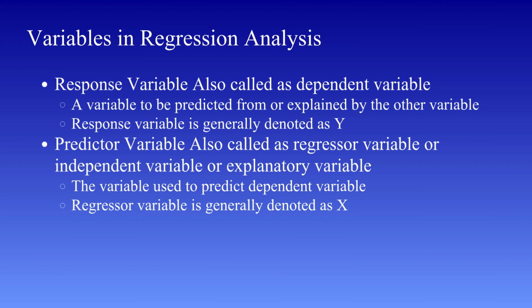For instance, in the house price example, independent variables could include size of the house, number of rooms, location, and age of the property. In the student example, independent variables could be study hours, attendance, and previous scores. So, in simple terms, independent variables are the causes or inputs. Dependent variable is the effect or output. Regression analysis tries to establish a relationship between these variables.